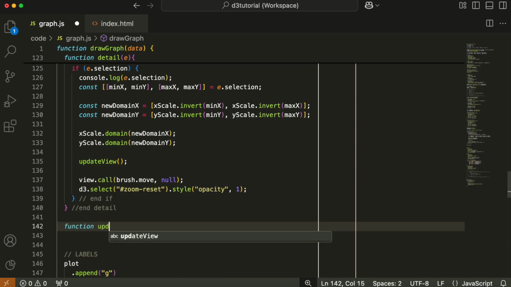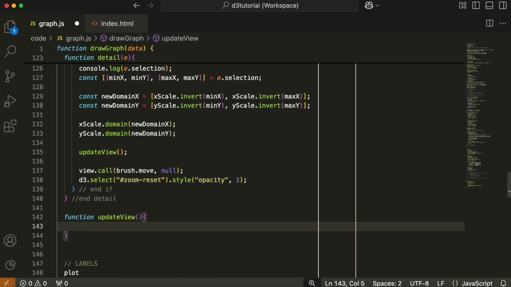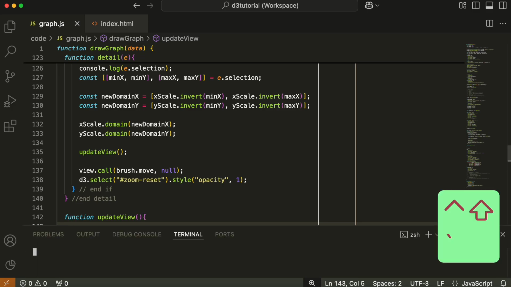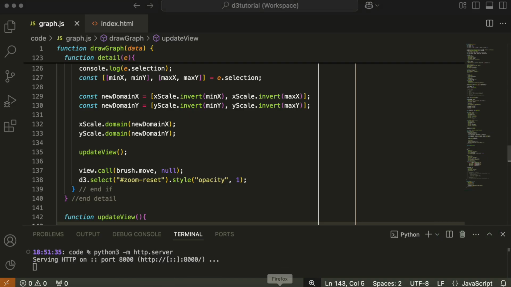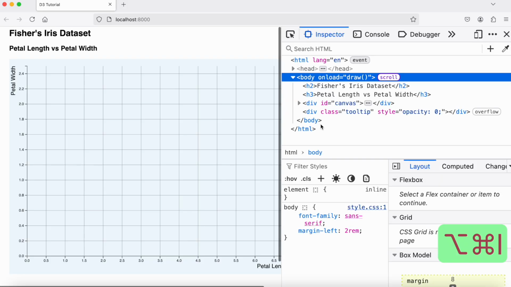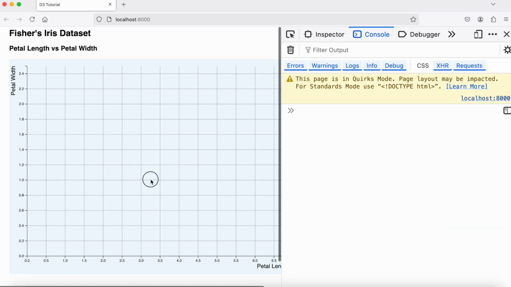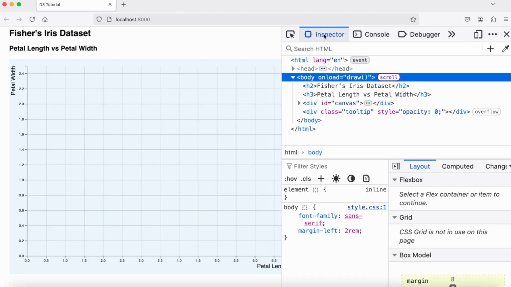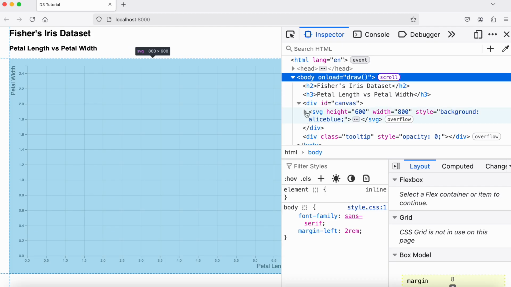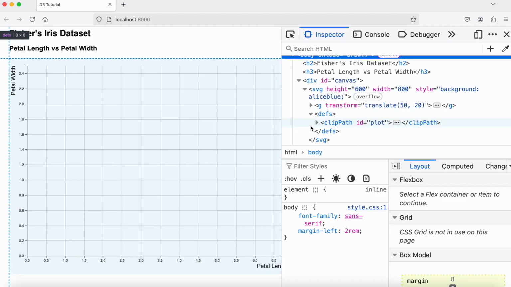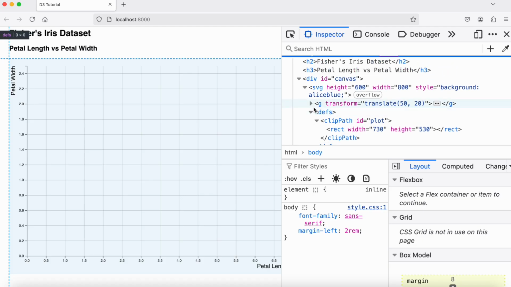Now I'll just write the update view function here, because I'm going to launch the server, launch terminal, launch the server, launch the Fox, and see if anything is happening. Here's our grid. We launch the console, and we're hoping to see "I am detail" when I create a brush here, and nothing has happened. Okay, I know why that is. It's because I haven't attached the brush to the view. That's fine. I'm going to be doing that momentarily, but the first thing I'm going to do is create the